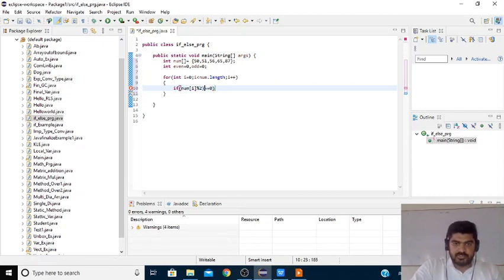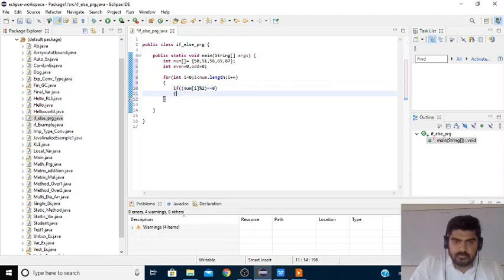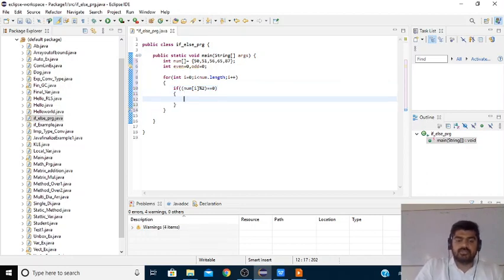We'll include a block for this. Here we need to increment the even value: even equal to even plus 1.